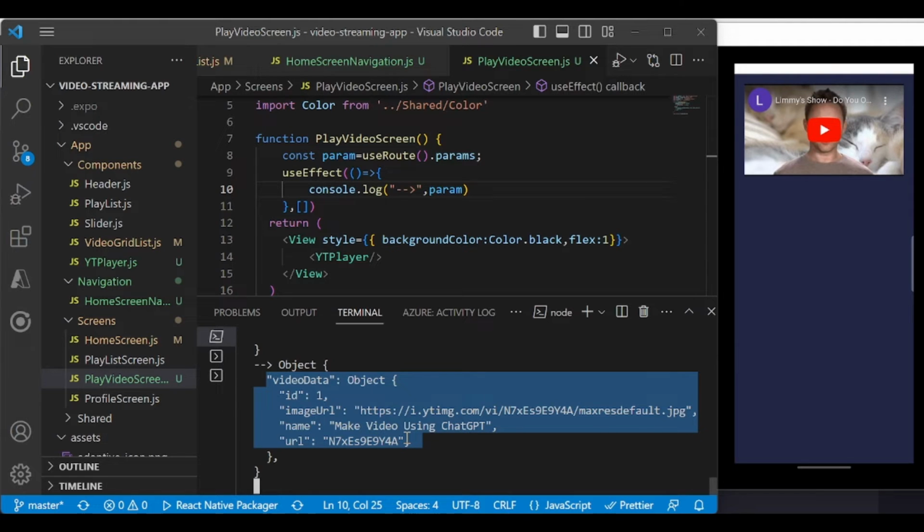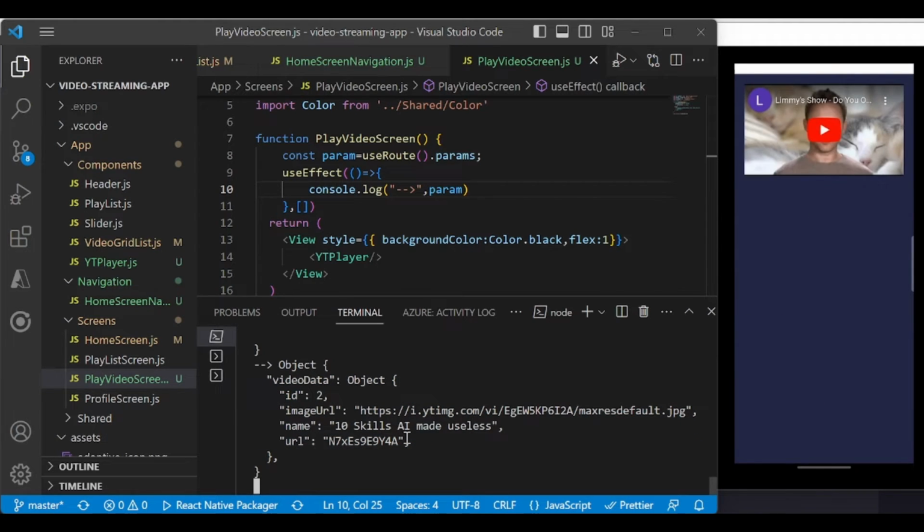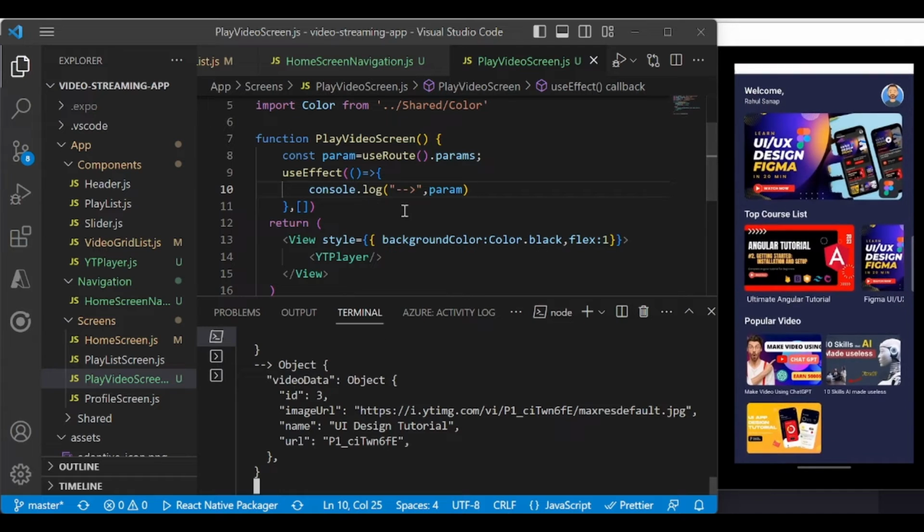And that's what we want. If I click on this one, I am getting ID 2. If I click this one, I am getting ID 3 with all the information. Perfect. Now we will use this parameter and we will pass this to our